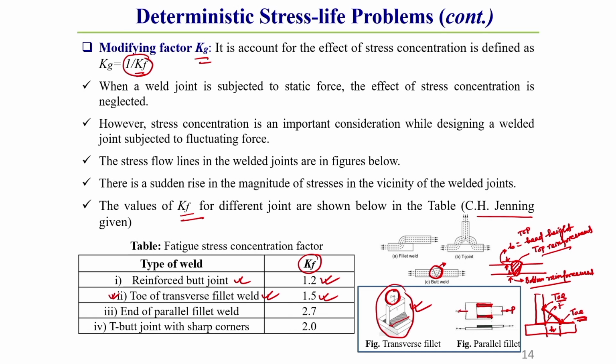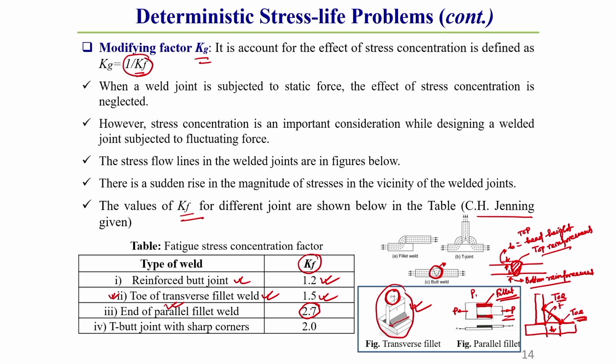If the load is acting parallel to the weld joint, along the direction of the weld itself, then this is called a parallel fillet weld. For this case, at its end,